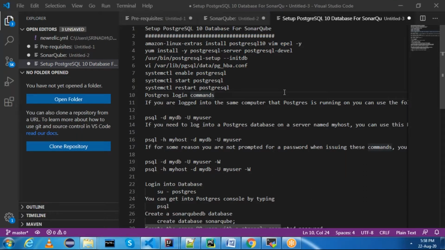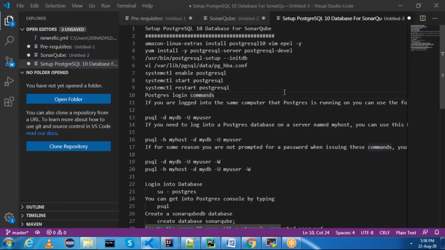In this session, we are going to set up PostgreSQL 10 database for SonarQube. Basically, what we are going to do is create an Amazon Linux 2 instance, and on it we are going to install PostgreSQL and configure PostgreSQL, and create a user for PostgreSQL to connect to SonarQube.